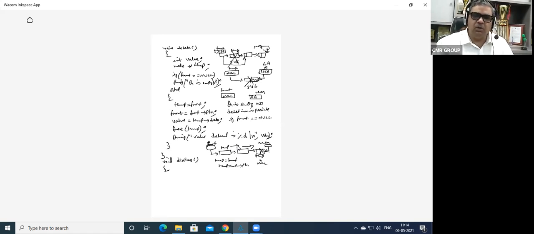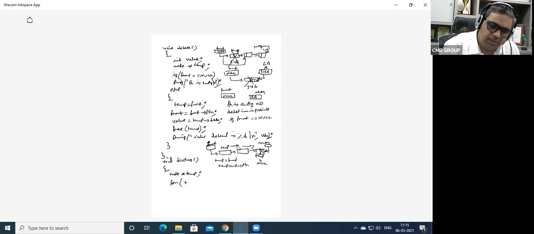So simply you can say, while temp is not equal to null, you can start printing, right? So I'll take a node star temp. Now initialize. You can take a for loop or a while loop, whatever you want.